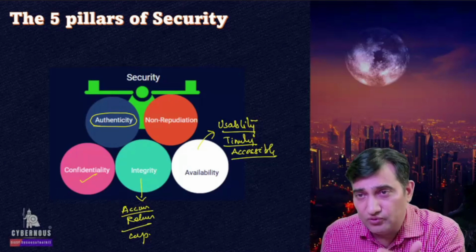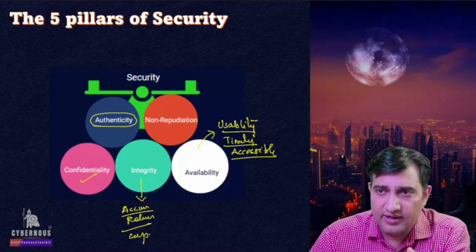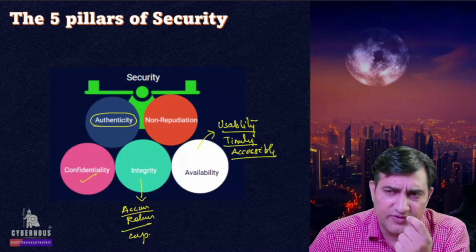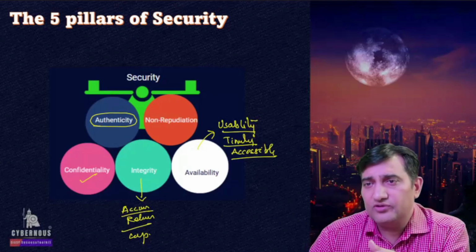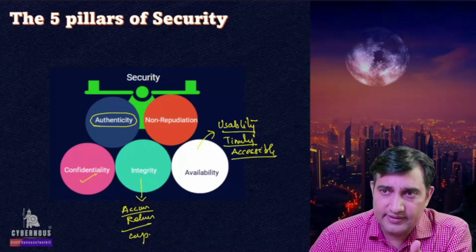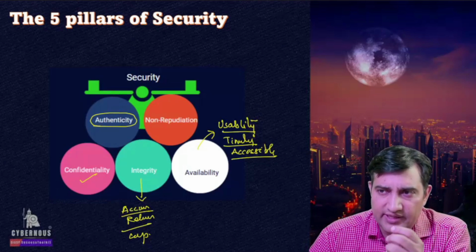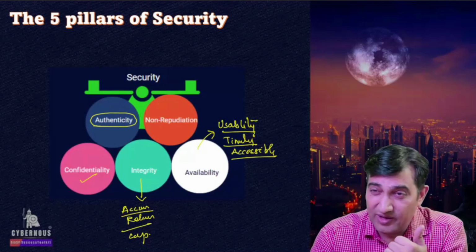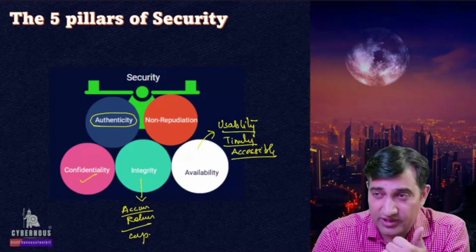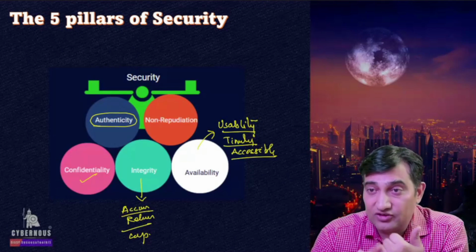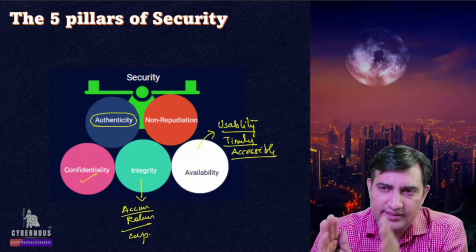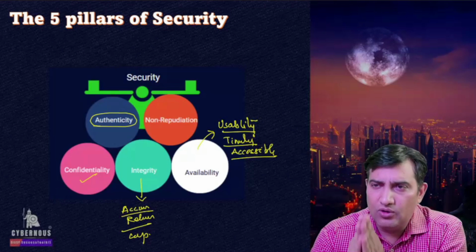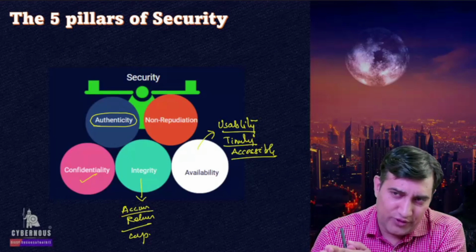Or I am dealing with the right user on the other end. Sometimes the same problem happens with software as well. You downloaded a software, but how authentic is it, right? So authenticity actually comes with two major factors. One is that there has to be some level of identification, or you can say authentication, which has to happen, and it should not be tampered with. And at the same time, you should be able to have an element of non-repudiation.